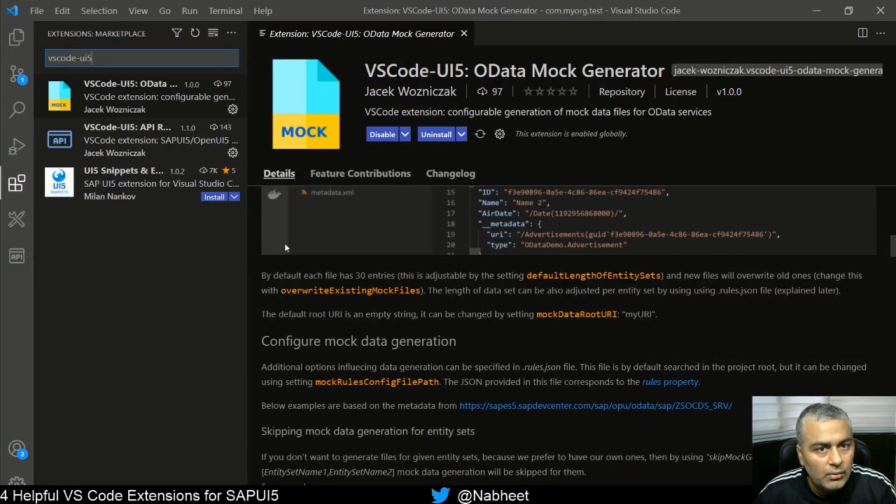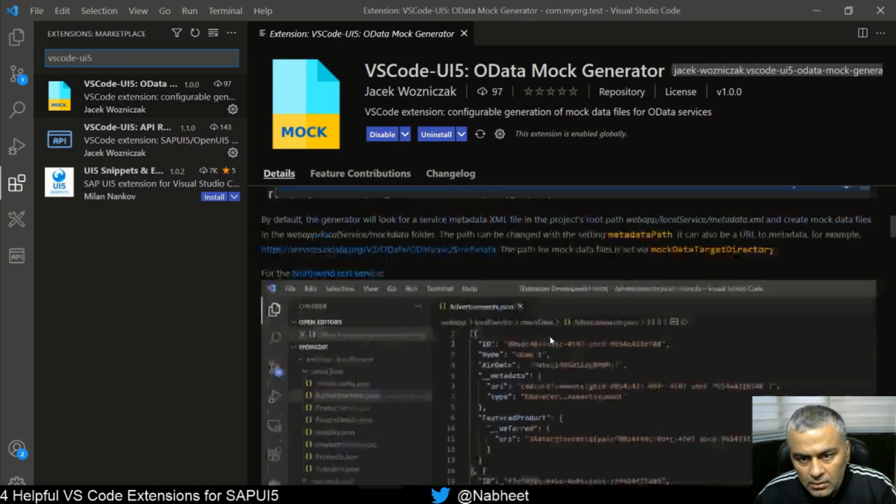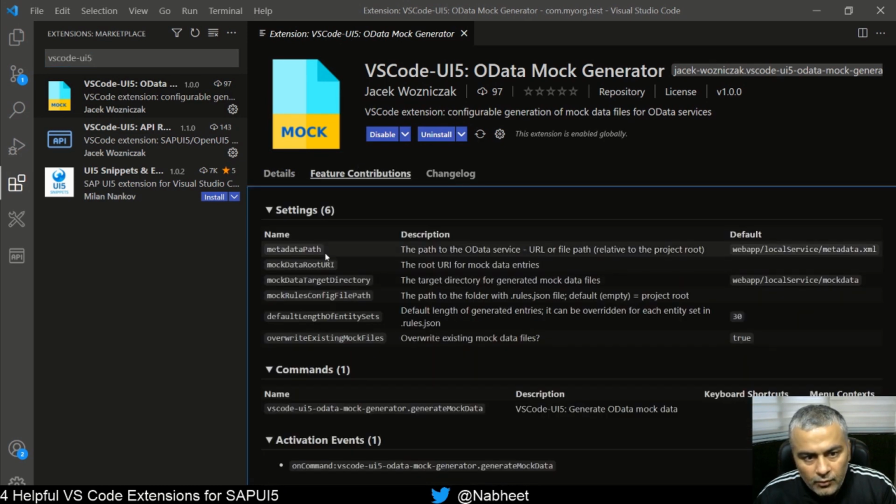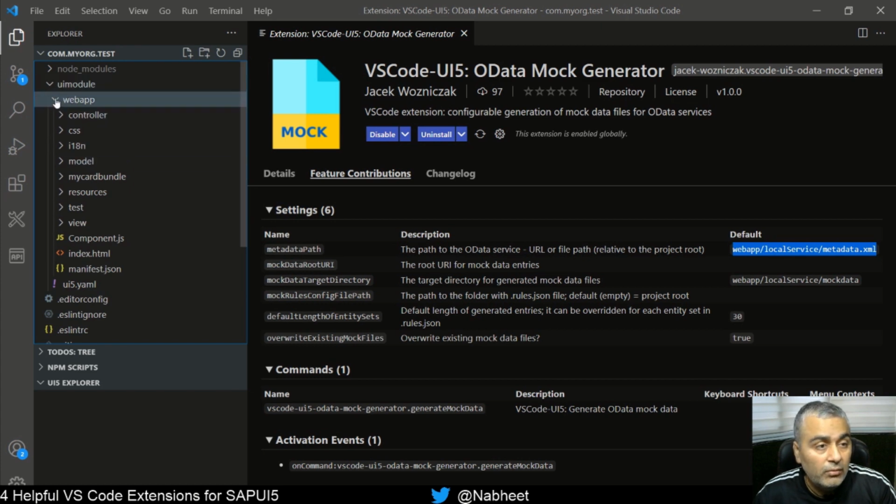So what I will do is, there are two things. One is the metadata path, which we will, because we are not storing this metadata XML file, although we can store it and then generate it. We'll update this because our structure is more likely UI module web app, right?